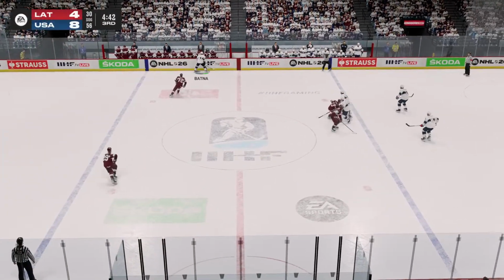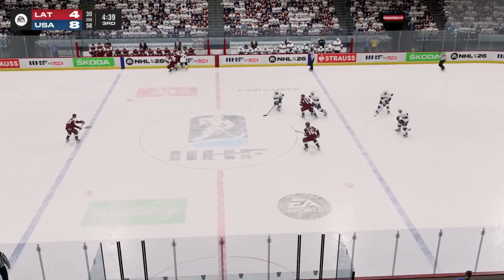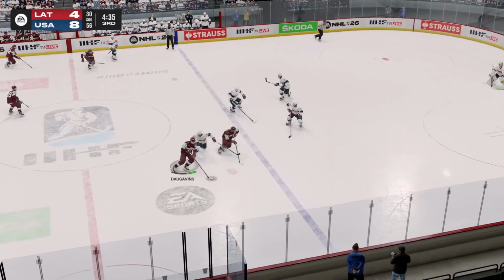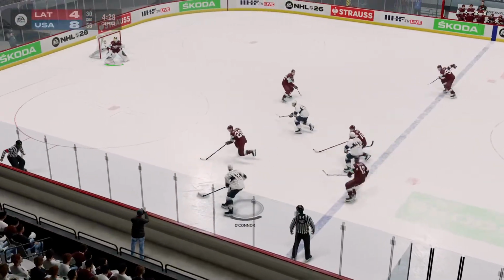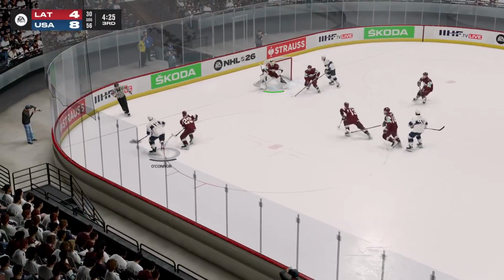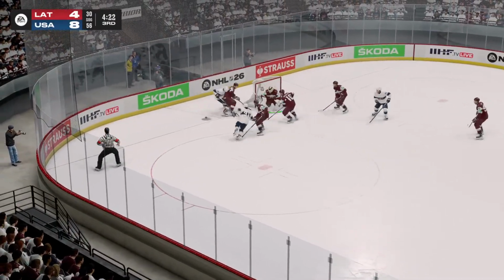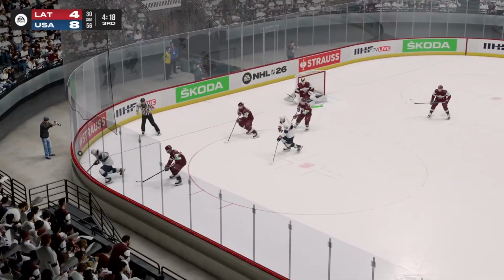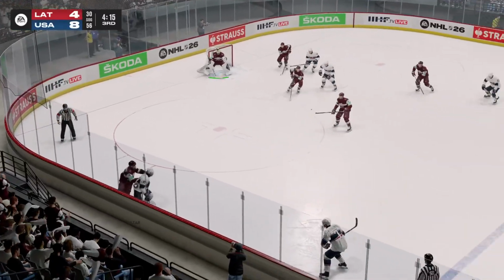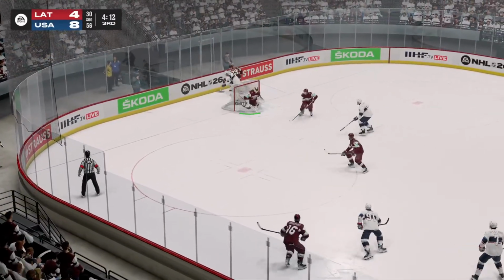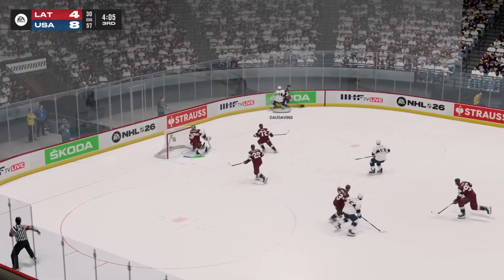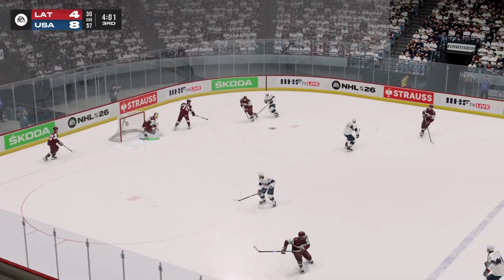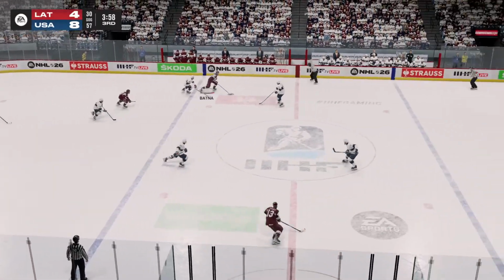Latvia just cannot get into the offensive zone. Team USA doing a great job defensively, not allowing possessions to last here for Latvia. And here's another example. O'Connor off the takeaway, skates up ahead, looking for a center. O'Connor back behind the net, drops it off, and Nazar has it blocked off a body. On the near half wall, Nazar sends it in deep. Smith there for the United States, out in front. Didn't get all of it. O'Connor tried to let it fly. And Latvia gains control with 4 minutes to go in the game.